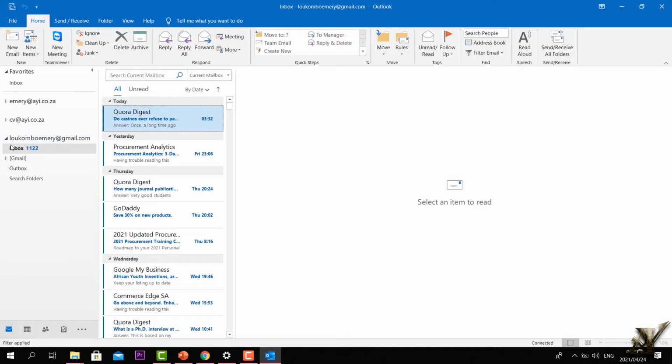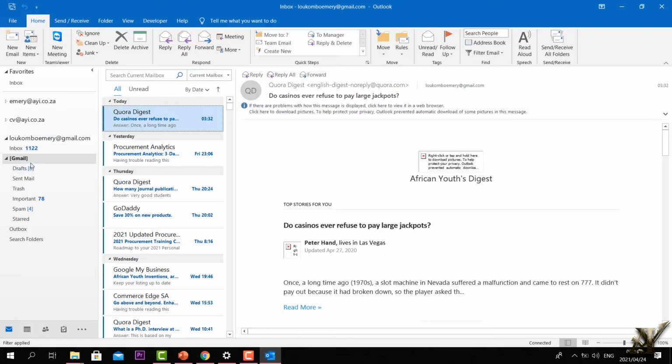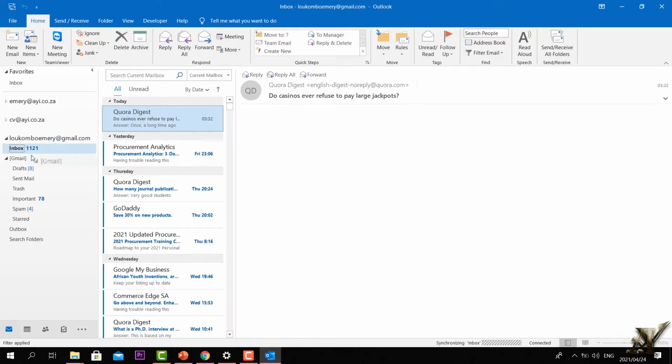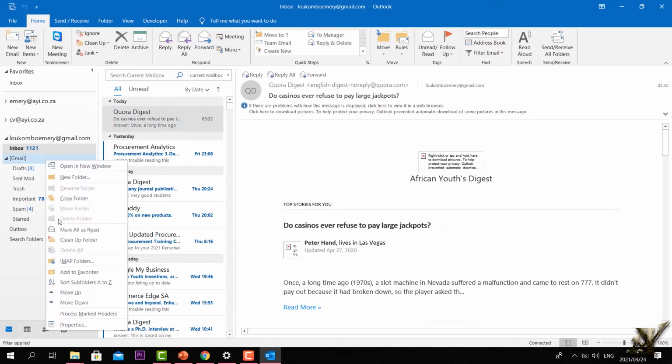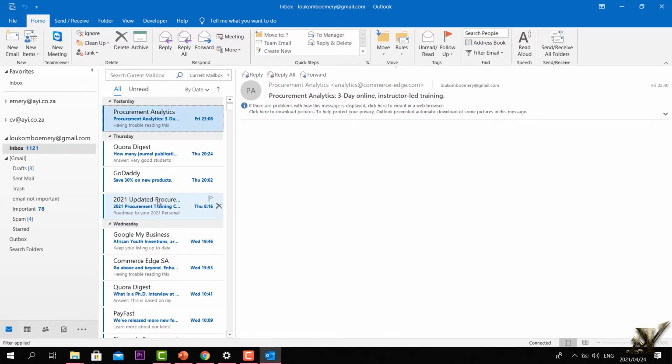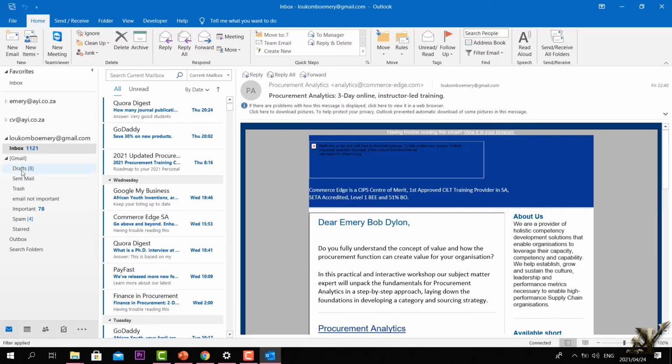I can come first to my email. So move your mouse to any place around here, maybe under Inbox, and right click. You say right click, then you say new folder, and I can name it maybe other emails. Maybe I can say emails not wanted, something like this, and I say okay. Now what do I do here? I can come here, I can say what is this. I can start looking now,